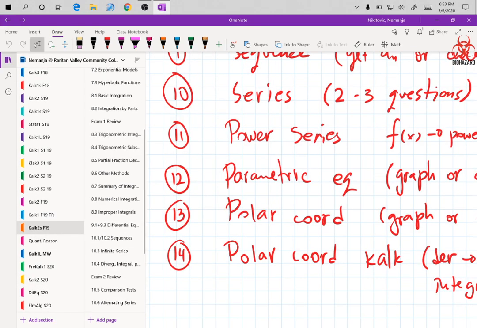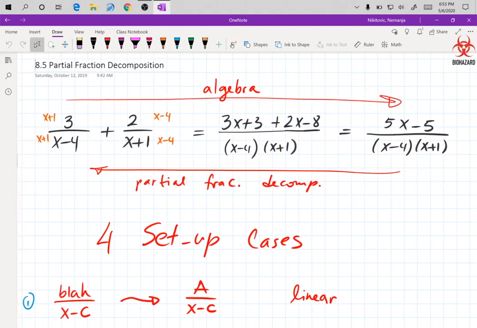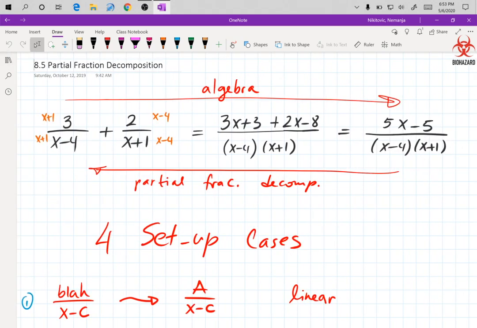Calc 2, partial fractions. Okay, I don't know why it is empty over there. Maybe it was a network glitch or something. Anyway,